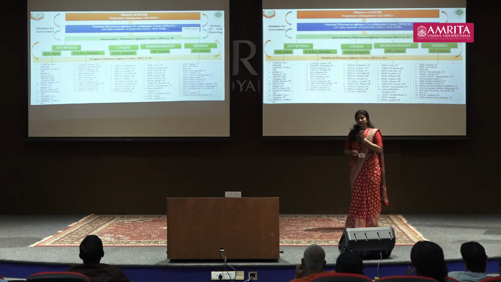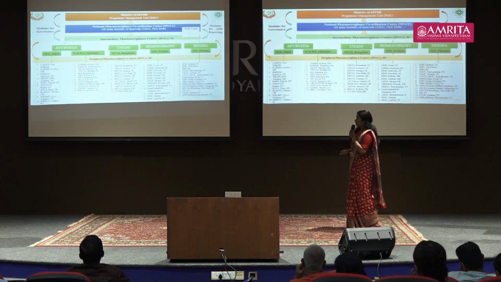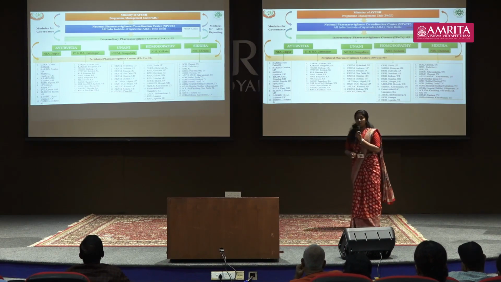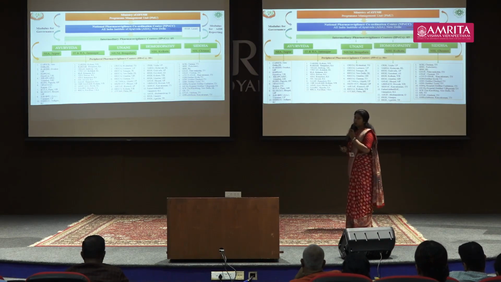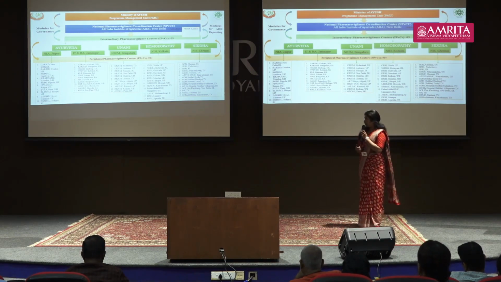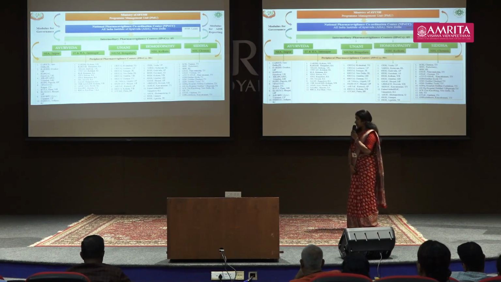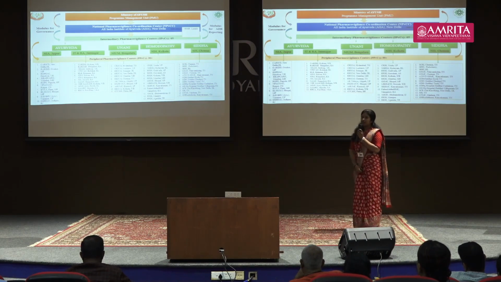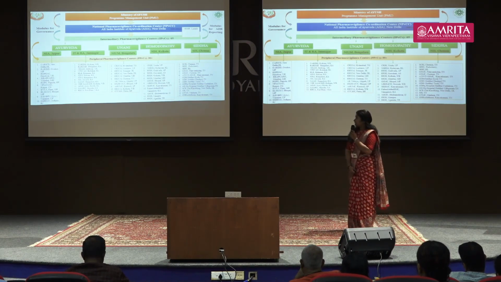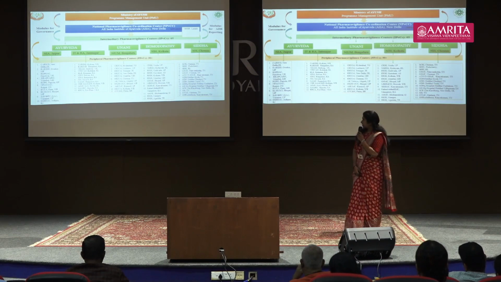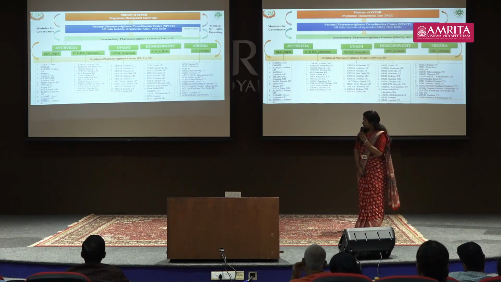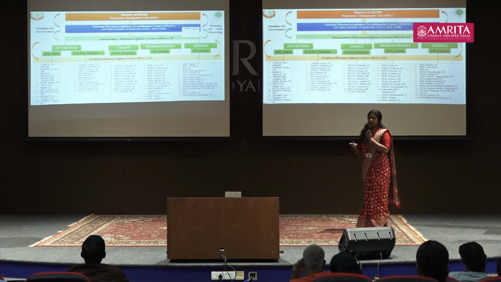Under this coordination center, we have 5 intermediary pharmacovigilance coordination centers. For Ayurveda, we have 2 intermediary pharmacovigilance centers. And for Unani, homeopathy and Siddha, there are other intermediary pharmacovigilance centers. So in Ayurveda, we have National Institute of Ayurveda and ITRA Jamnagar as the intermediary pharmacovigilance centers. And Amrita School of Ayurveda comes under the ITRA Jamnagar intermediary pharmacovigilance center. So under these intermediary centers, there are 90 plus peripheral pharmacovigilance centers.